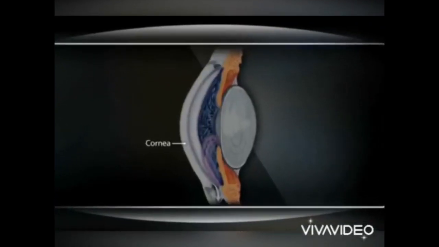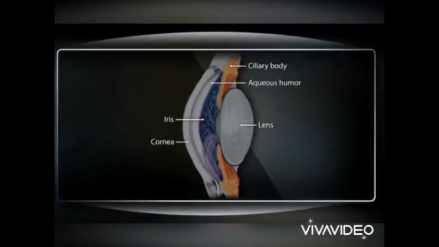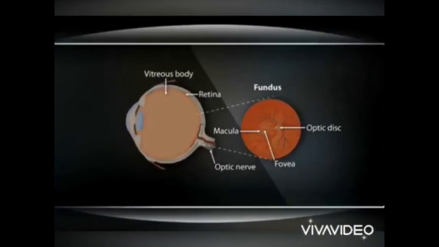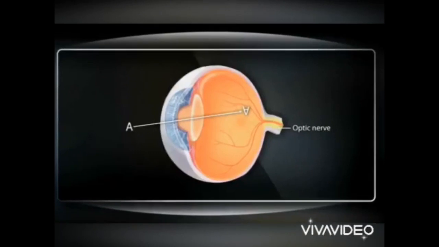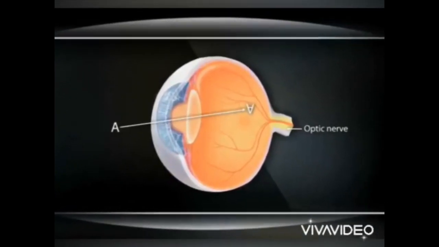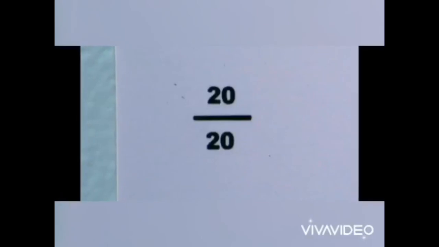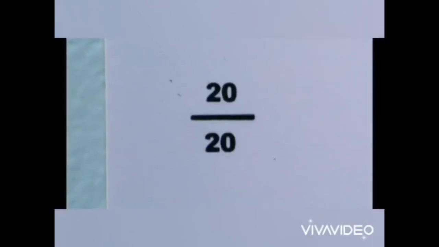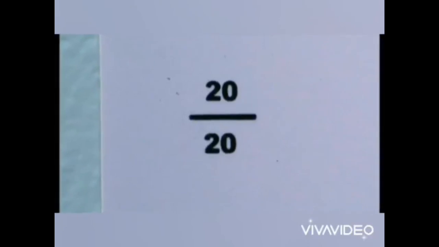To begin with visual acuity, we should make the patient stand 20 feet away from the Snellen chart. We should ask them to remove contact lenses or spectacles. Now, visual acuity is expressed as two numbers, for example, 20 upon 20. The first 20 denotes the distance of the patient from the chart. The second one denotes the distance from which the normal eye can read the letter.